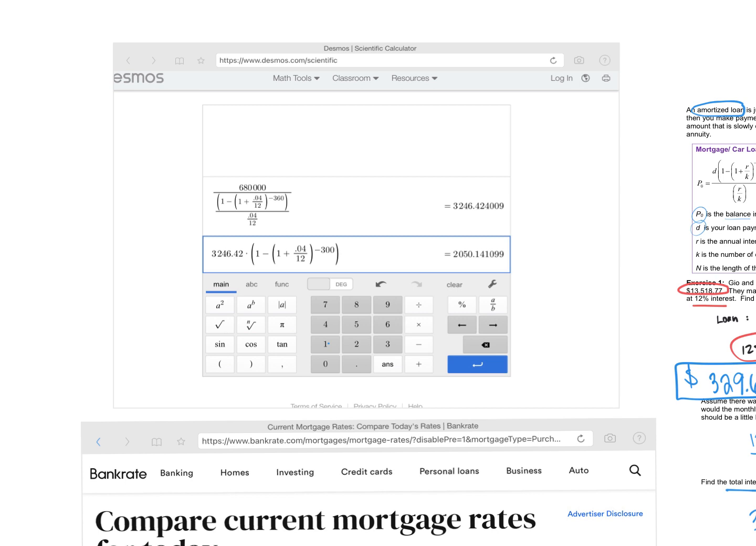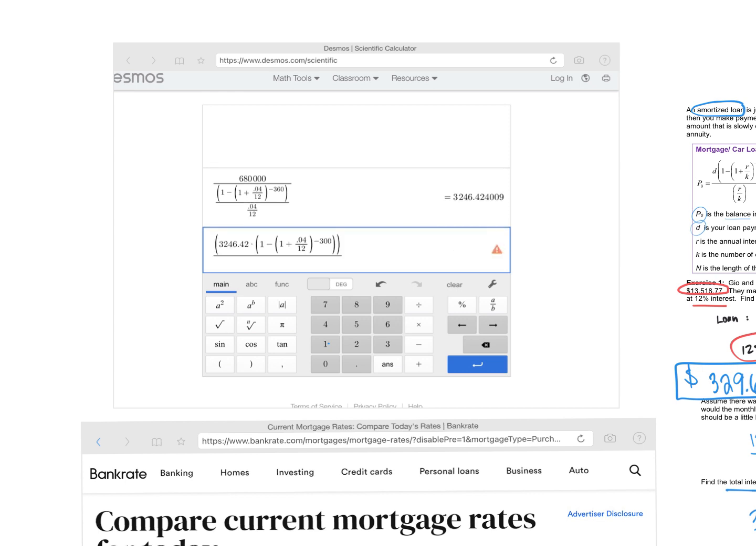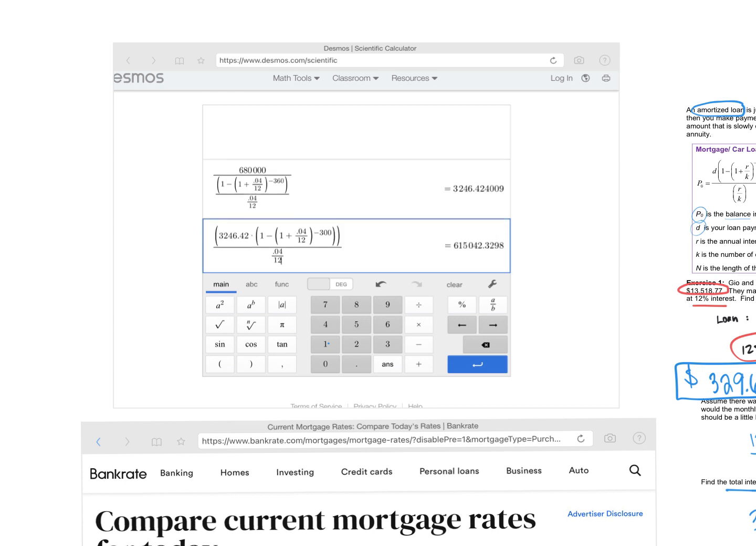So I just put an end right parenthesis. I'm going to click in front of the payment amount, that 3,246, and put a parenthesis. And so that entire chunk is in a parenthesis, and I put divided by. Then I'll put 0.04, use the division symbol, and then 12. And so you can see that my loan balance is that